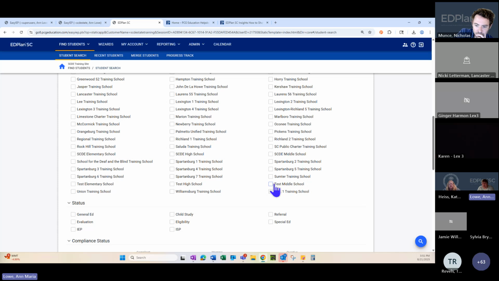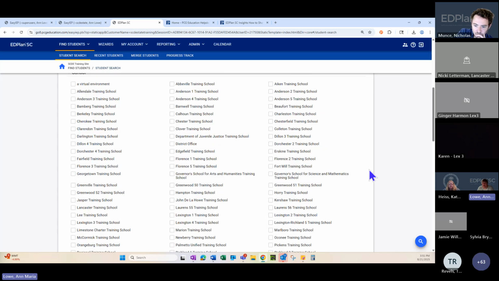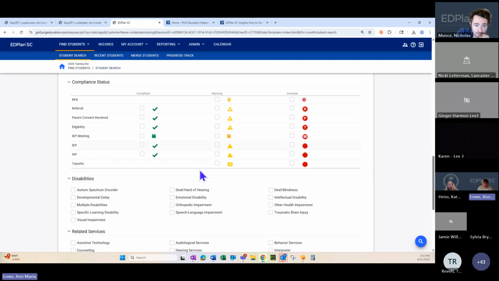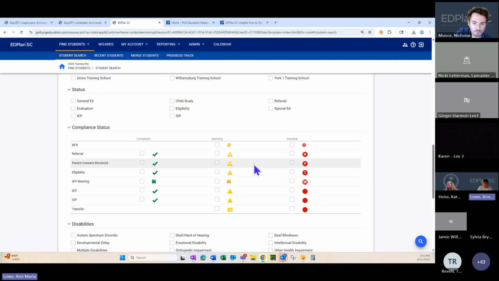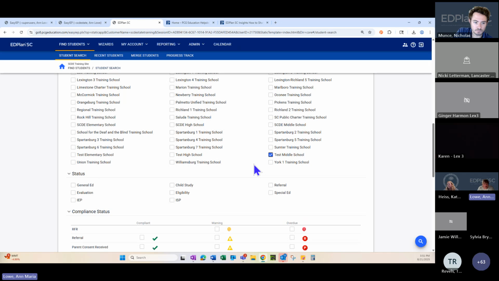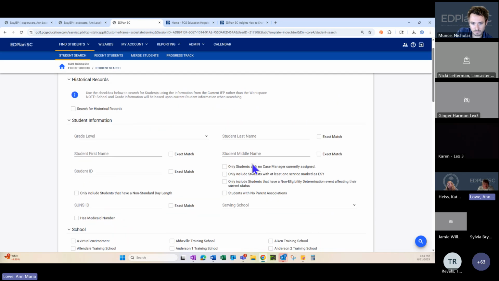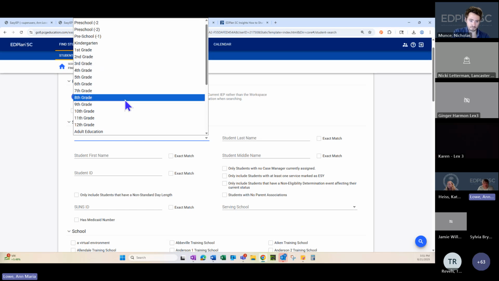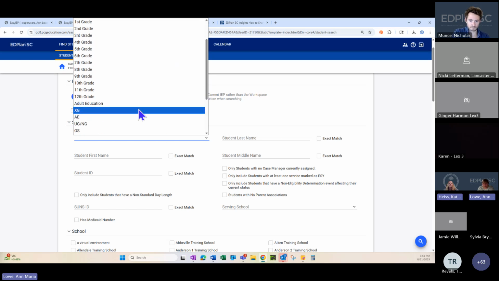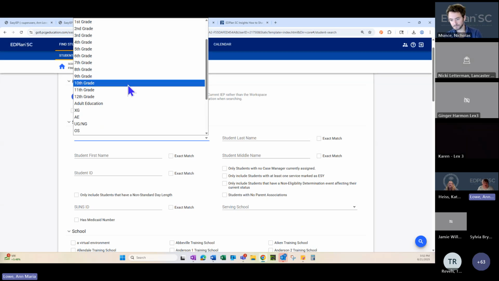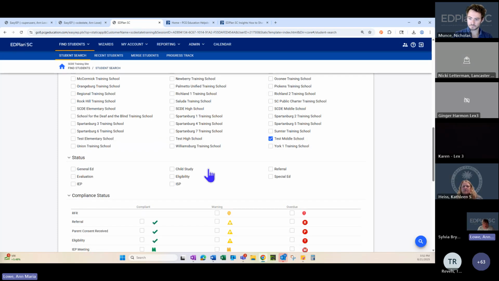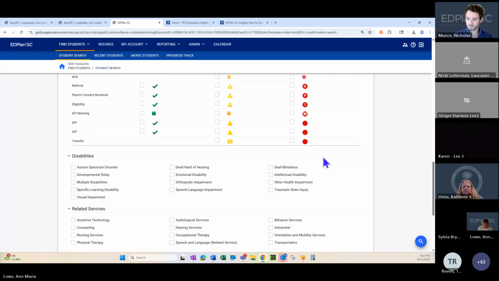So, but an example would be, I'm going to run Test Middle School. So I choose the school I want to run the report for. And then I can choose any of the other filters that I want. So I'm looking for my grade, student name, first name, grade level. I want to run kids who are in 8th grade. But if you're looking for that XG, you choose XG. I'm not going to find any kids XG. So I go for 7th grade, and then I want kids who have an IEP, and then I can view those students.